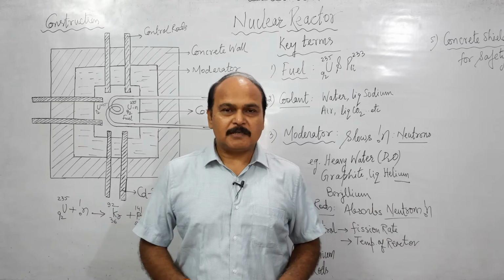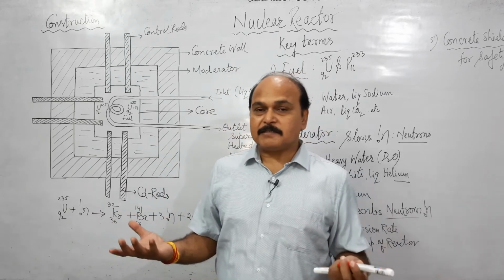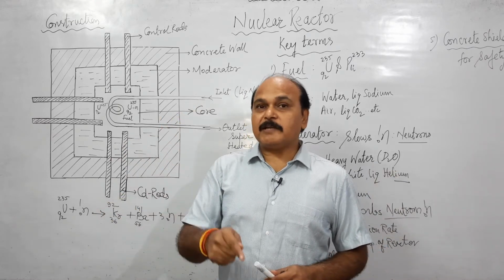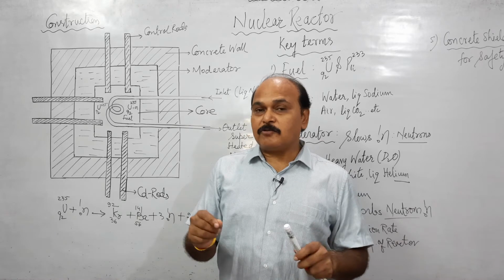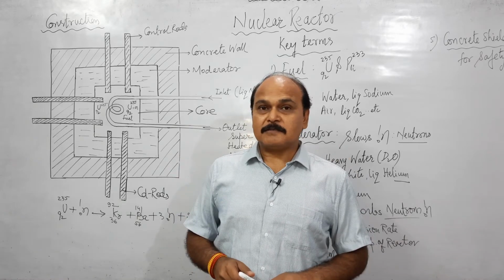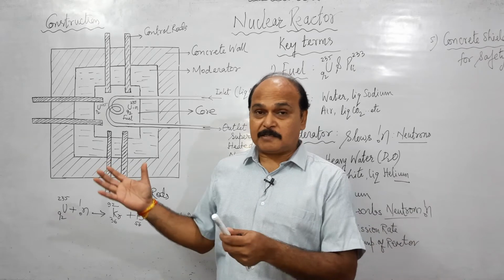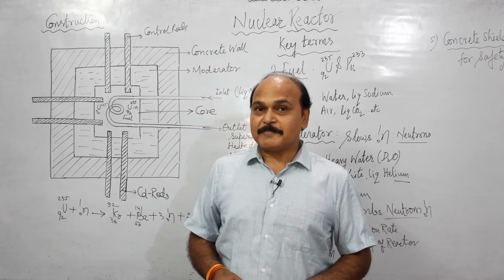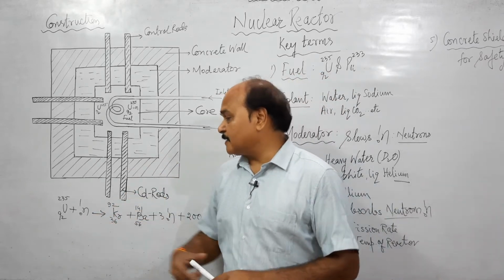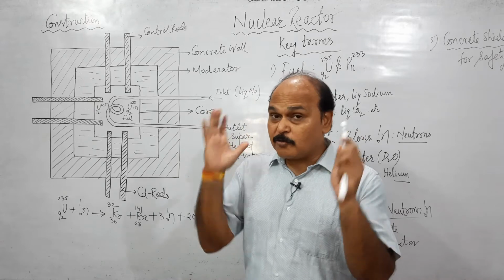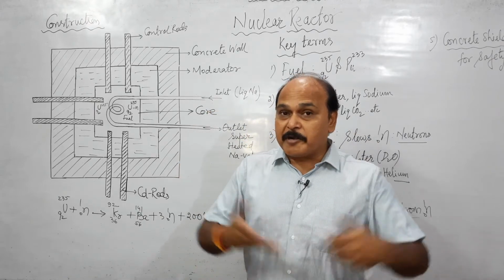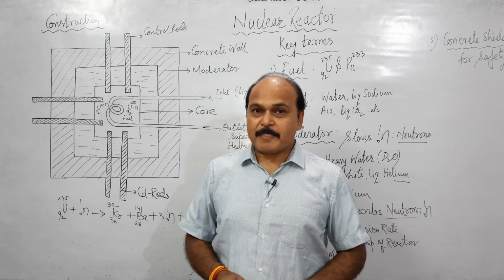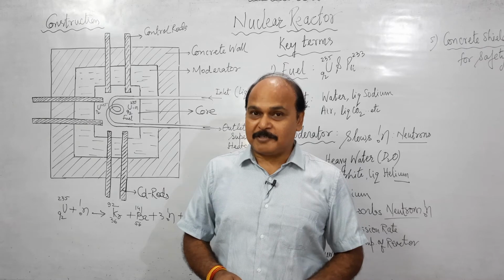In the class of nuclear physics, the topic of the day is the nuclear reactor. What is a nuclear reactor? A nuclear reactor is a setup where a nuclear fission reaction is carried out under controlled conditions. You already know that a nuclear fission reaction, if it is not controlled, becomes what? An atom bomb. So in a nuclear reactor, the fission reaction is carried out in a controlled environment, and the tremendous amount of energy produced is used for peaceful purposes, that is, to generate electricity.